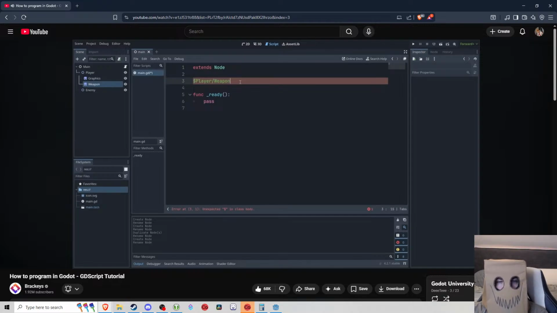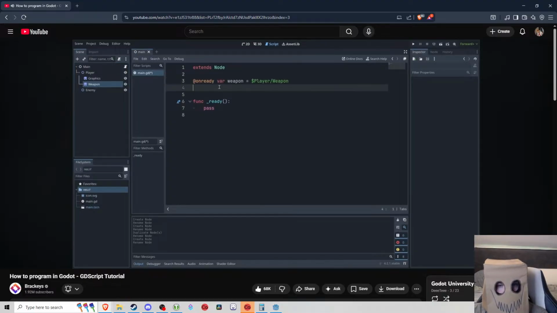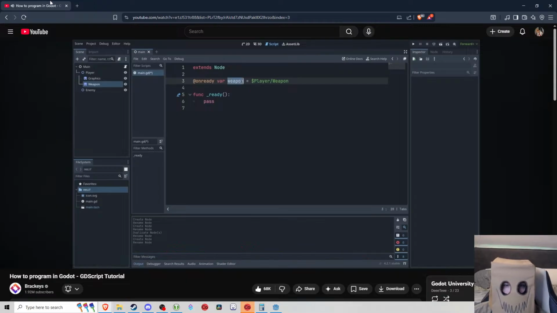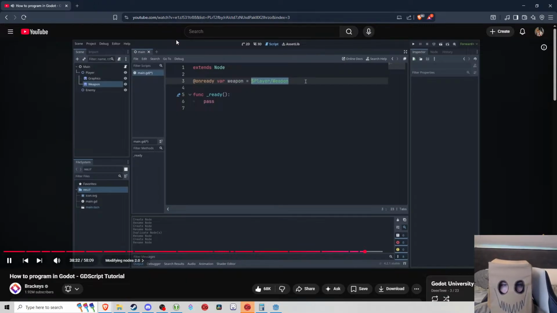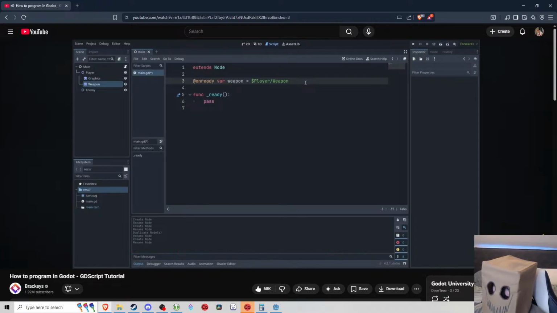And we can actually store this reference in a variable. To do this, we simply drag it to the top and hold down Ctrl while releasing. This automatically creates a variable with the name of the node and the correct path. And as you can see, it uses the onReady keyword. This is because Godot has a very strict order in which nodes are created. And if we open the game and try to find the weapon node before it exists, we will get an error. OnReady simply makes sure that Godot waits until all child nodes have been created